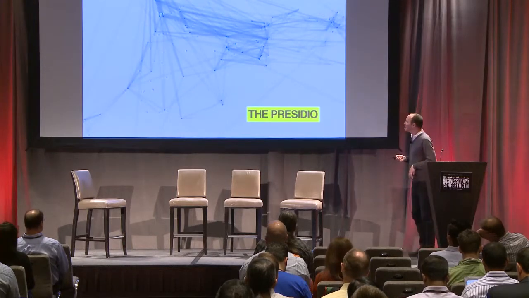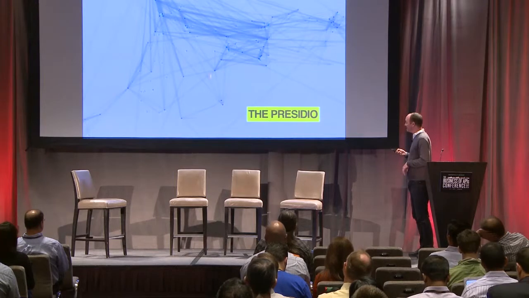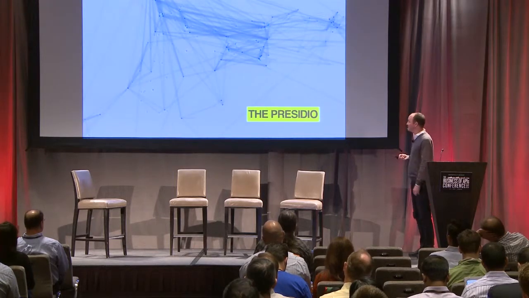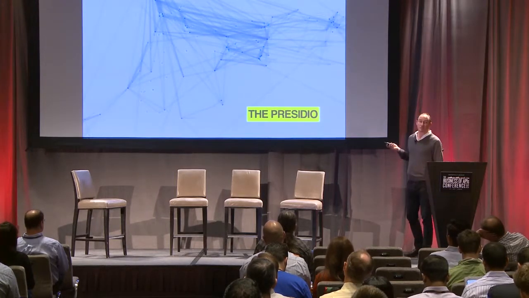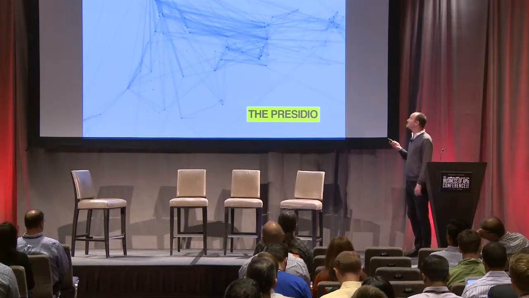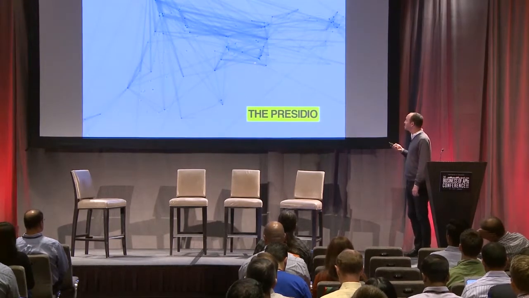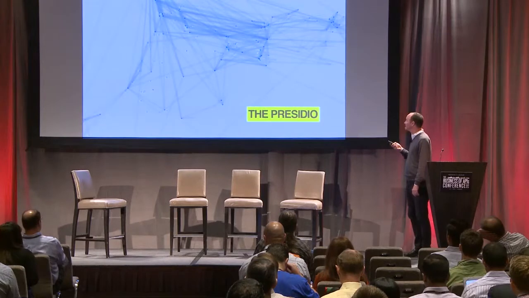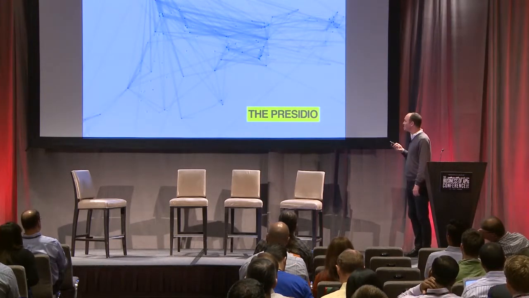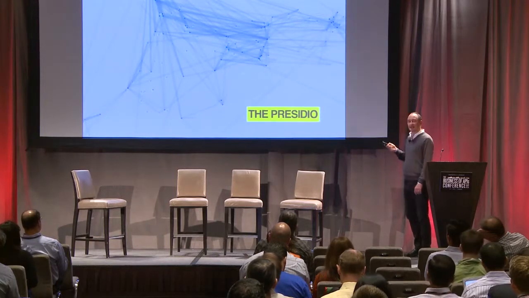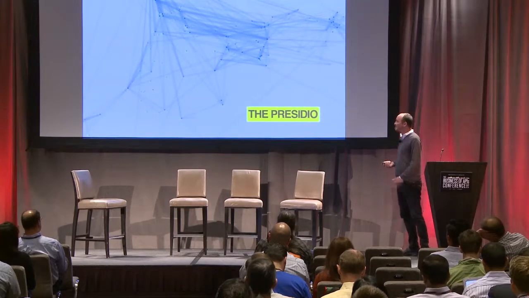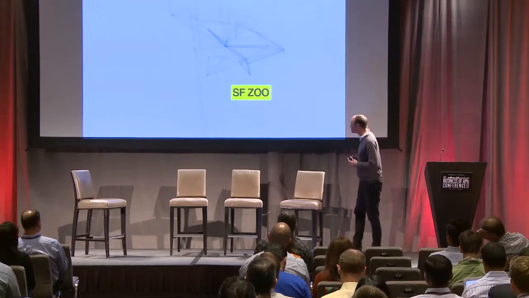Here's the Presidio. There's a bunch of stuff happening inside the Presidio and a bunch of stuff happening outside it. What you can tell is the place that people go to most after the Presidio is the Golden Gate Bridge. And people come to the Golden Gate Bridge from all over the place. But a lot of times when people are inside the Presidio, there's a little nexus here. They also wind up at the overlook on the south side of the gate. But there's a fair amount of inter-check-in and extra check-in. The Presidio is obviously a pretty rich and complex place.